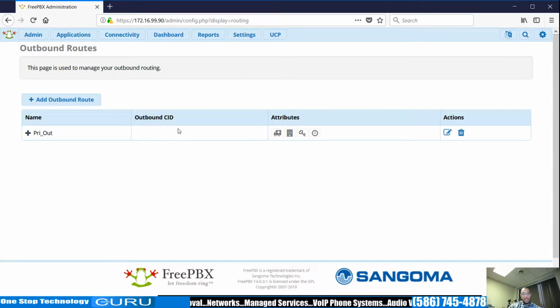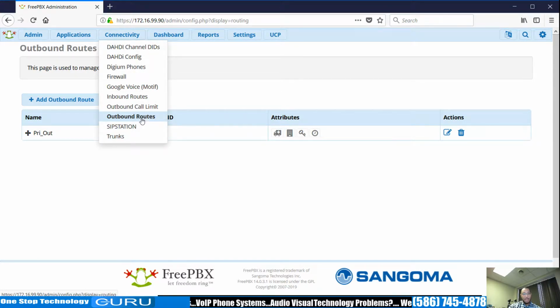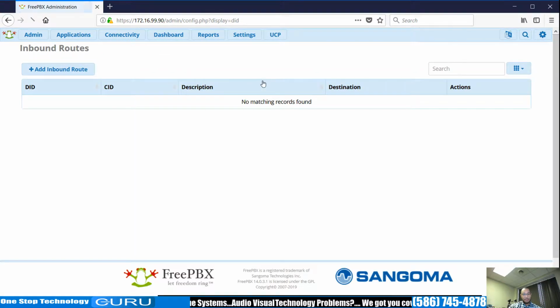So now, if we did actually have a provider connected to this system, you would be able to get out using this current configuration. Now, as far as your inbound routes,